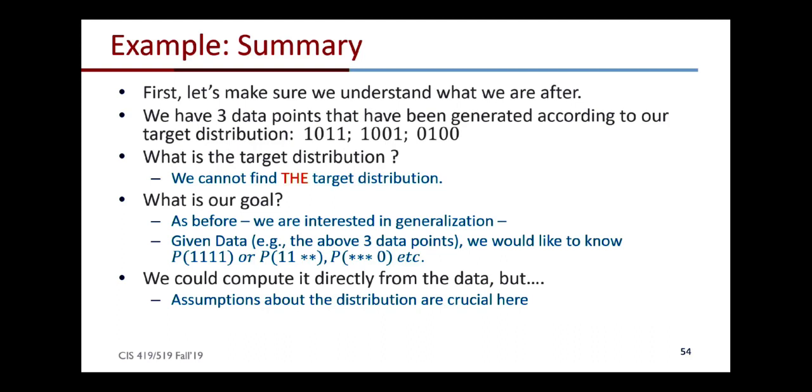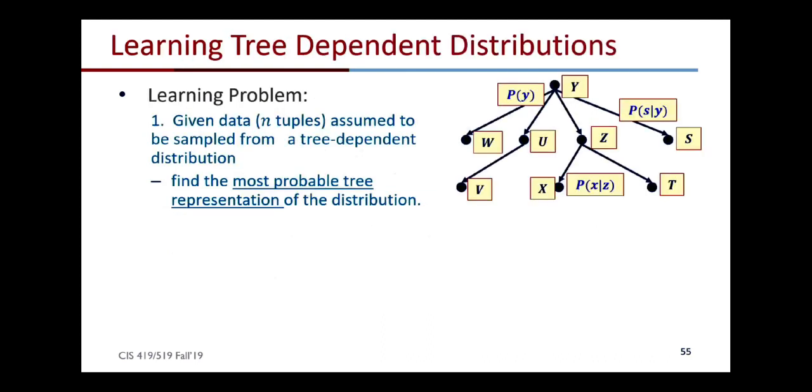And that's what we're going to do. So we're going to make some assumptions on the distribution, and specifically here we're going to make the assumption that we want to learn tree dependent distributions. We can formulate this problem in a couple of ways. Here is one that we actually hinted at before. Given data, assumed to be sampled from a tree dependent distribution, find the most probable tree